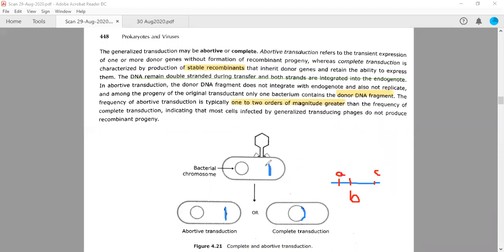Now you can remove this particular fragment, and then you can analyze the distance between the different genes which are present or co-transduced, and the distance between them and their order, in what order they are present. So I hope there is an example also. Not for this, actually they did not give any example, but